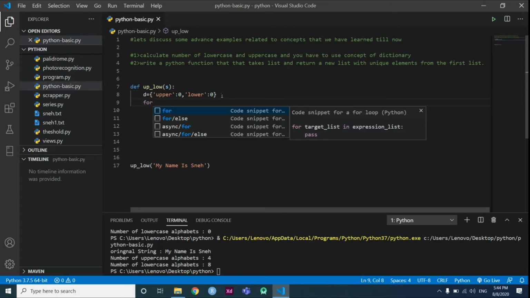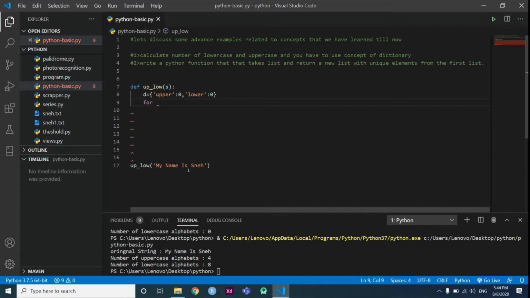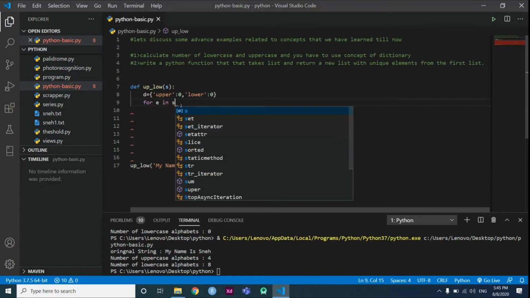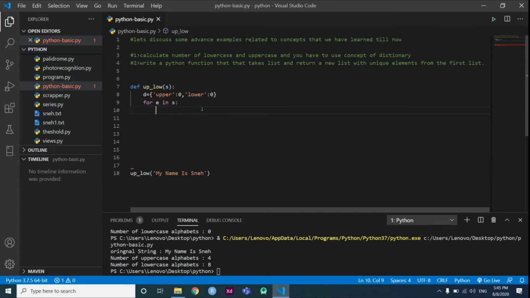So what I have to do is, by using a for loop, iterate over each and every element. So I write for e in this particular string, here the string is s, and then I have to write an if condition. If this element, e, which represents each element,